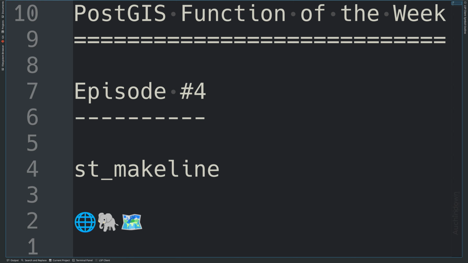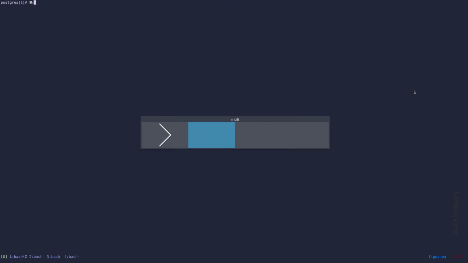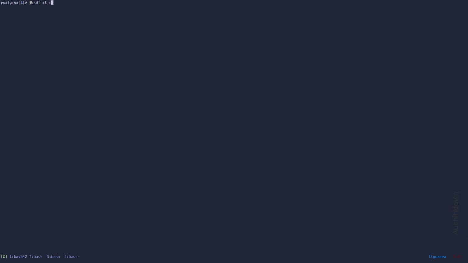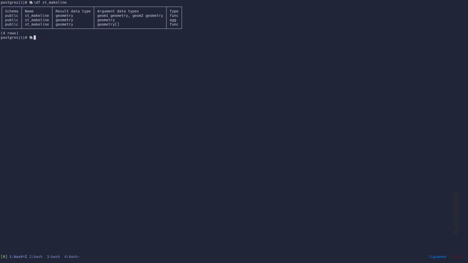What is ST_MakeLine? Let's jump into psql and look at the function signature. Alrighty, so two variants are scalar functions and the other is an aggregate function. As is usually the case, I'll do a very simple, mundane, boring example, and then do one that's a little more nifty and exciting. To start, the variant I'm going to work with takes 2 arguments,